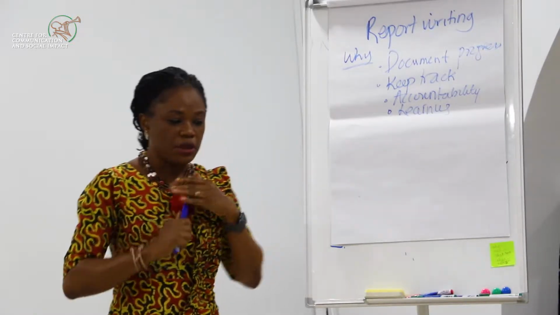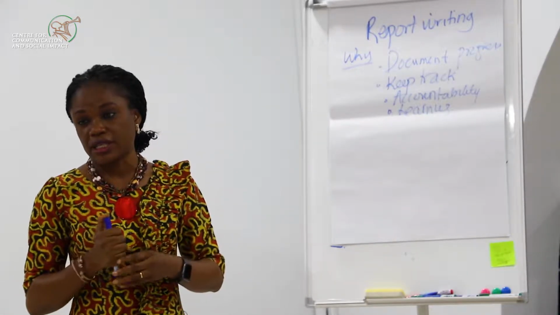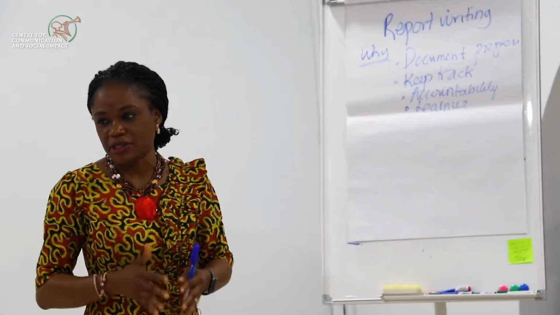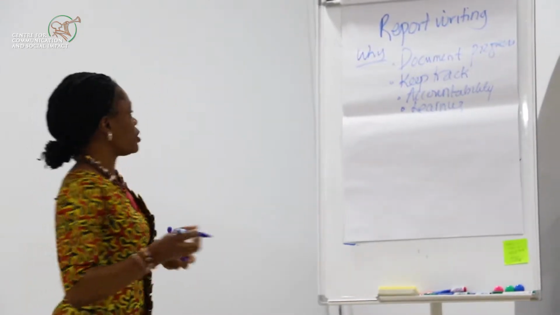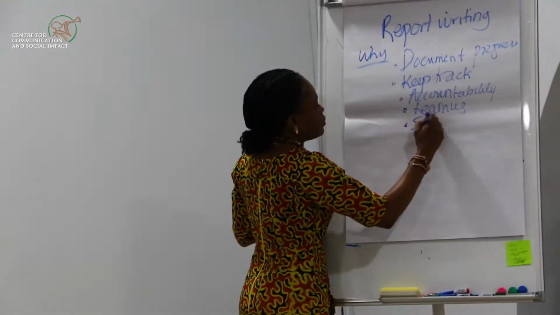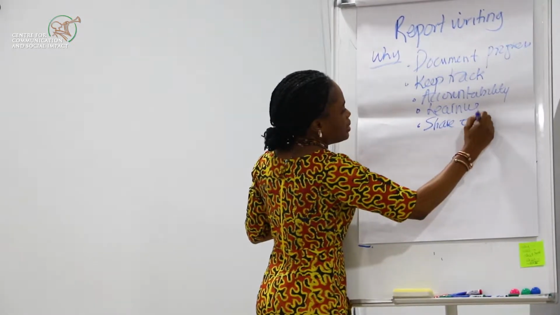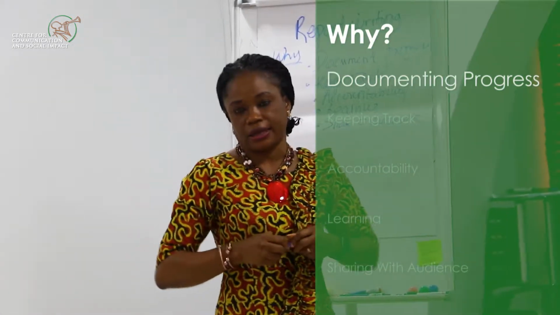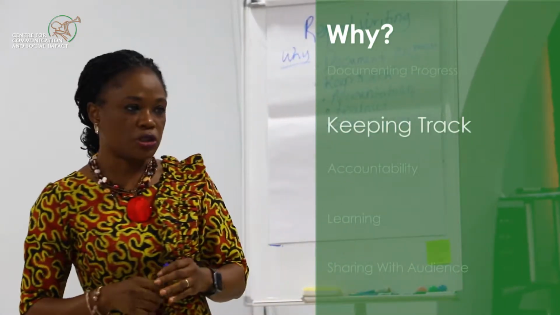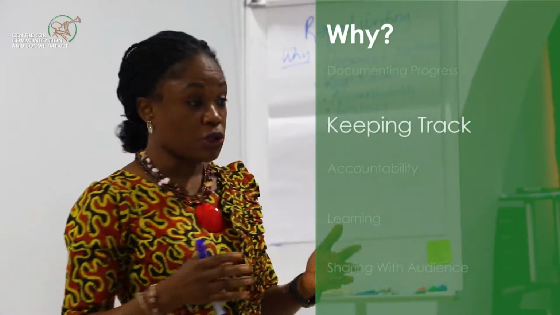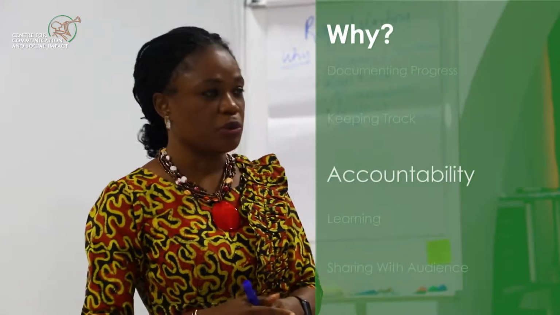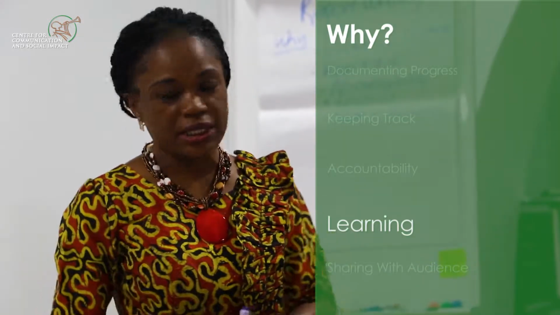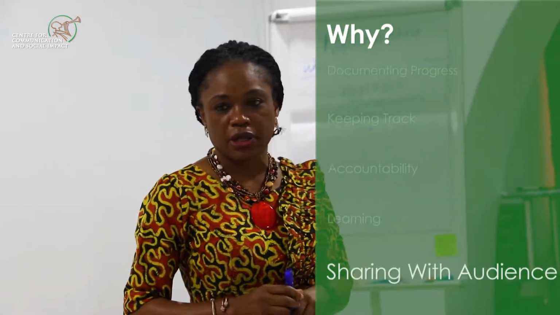So I think for me, what's really important, and what has helped me over the years, is that when I write reports, I remember that people who did not participate in that activity are going to read the report. So it's also to share with an external audience, right? If you have this in mind, what should our reports look like? You want someone to read it who was not part of your process, or probably not even part of your conceptualization of the activities that culminated in that report. What should your report look like?